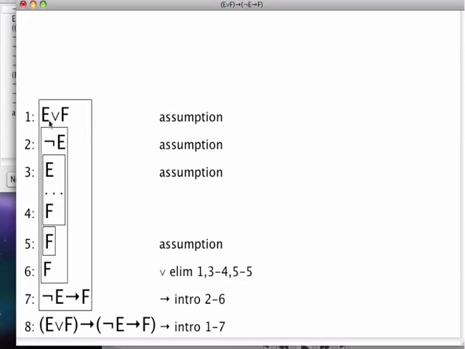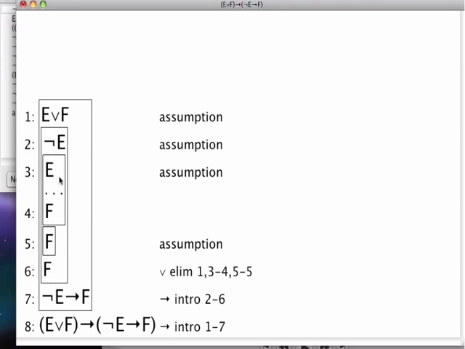So this we split into two cases. We had E or F. We had two boxes, one where we do F, and one where we do E, and one where we do F, and the target is F in this box. When I did it by hand, I had the F as an assumption here, and then I put an F as a target inside the box. JAPE doesn't even do that, it just collapses it into F for the assumption, so you can do that as well when you annotate your proof.